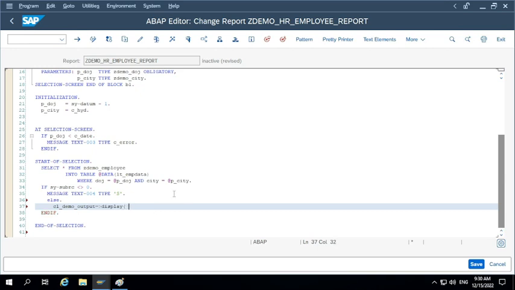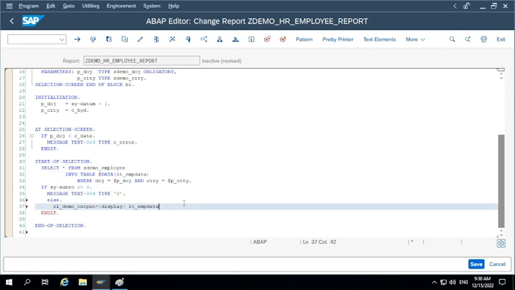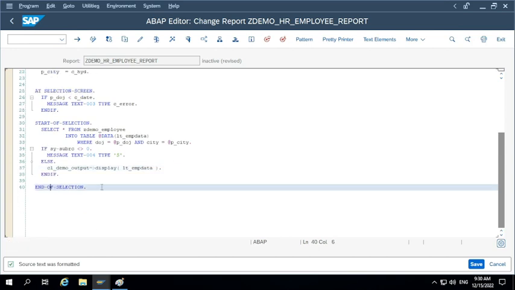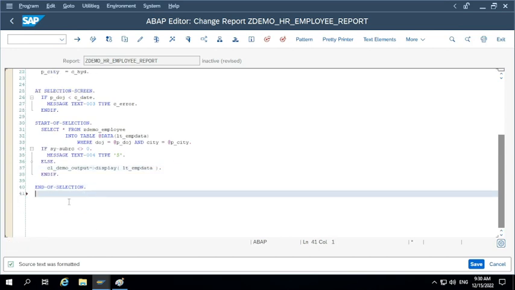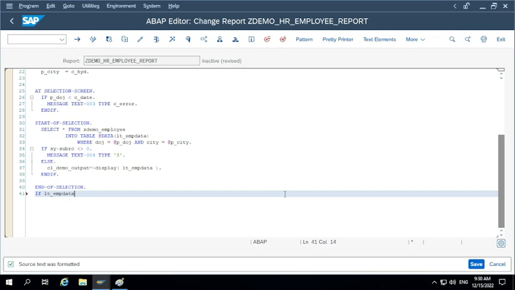Use one space here and give one space and close the bracket. Okay. If you want to display it in end of selection, how do you need to check if this internal table contains any records? Is that internal table contains data or not? How can you check? Is not initial,